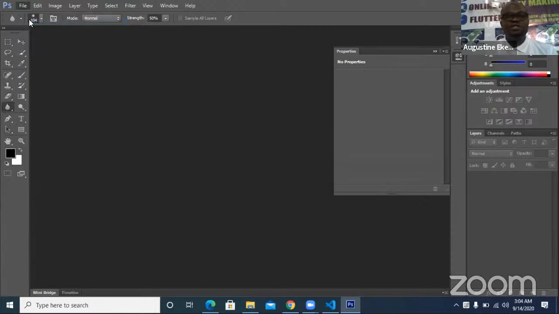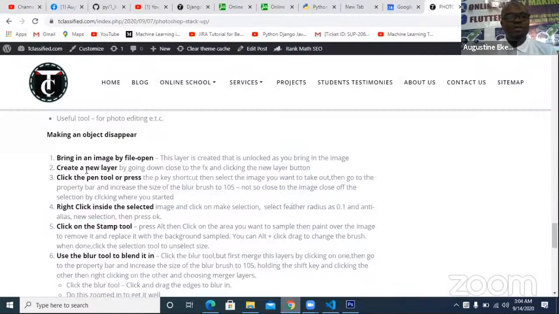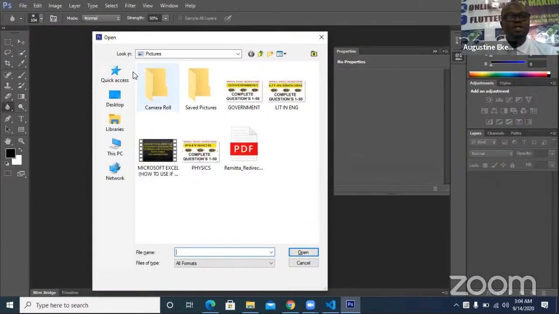That is the first instruction: File, Open. If you get to our website, you see, bring in the image by simply saying File, Open. That's the first thing you do. So I'm going to go here. Once you click File and Open, you will see this box. Go to where you kept the image you want to work with. So my image is in my,